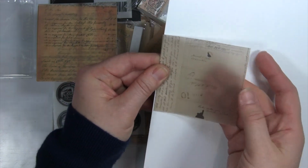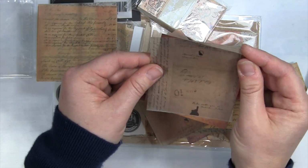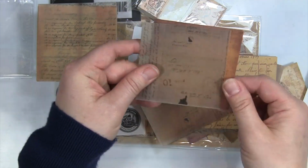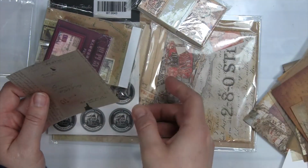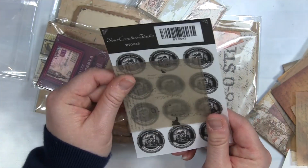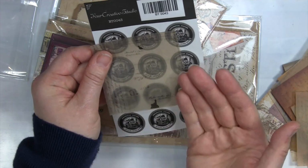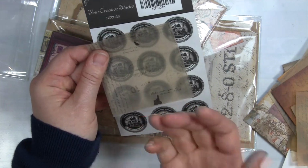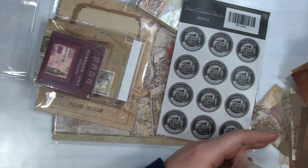But the beauty of the vellum also is if you've got, say, text behind, you're getting layers of complexity and you can see what's behind coming through. And you can also have images. So let's grab the next item, sticker, and pretend that we had this sticker on the page, and maybe it had a subtle pattern, not just white. But then you've got your subtle pattern, say a script page, you've got the train image or whatever image you want, and then you've got whatever's on the vellum. It's a pretty neat way of adding complexity and layers